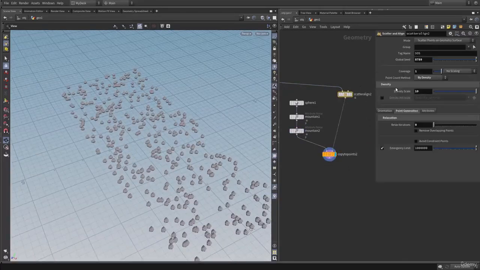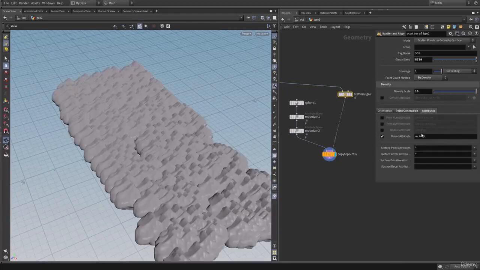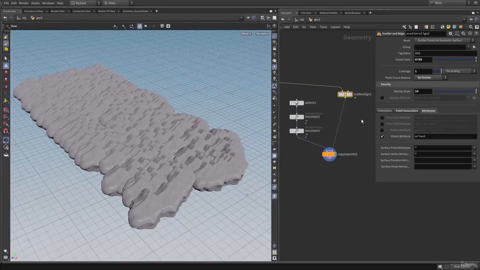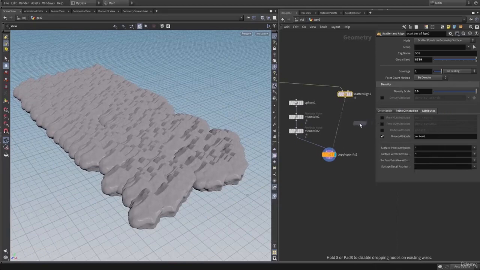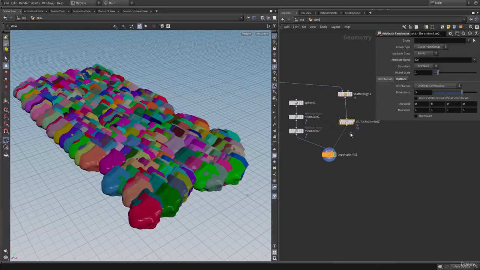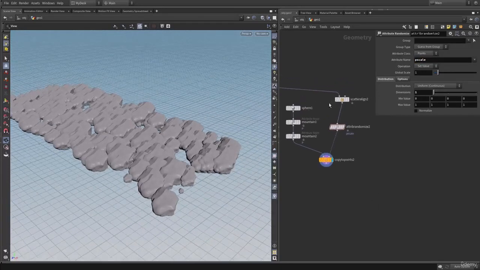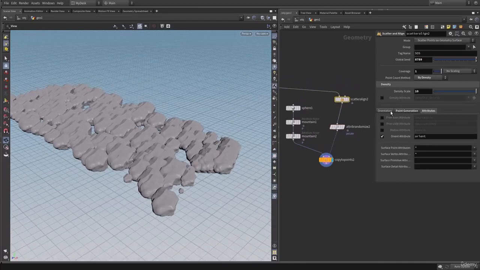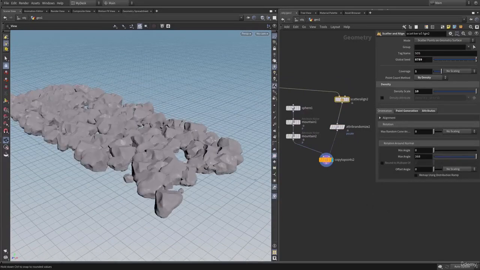So here onto the scatter and align, go into the attribute, and let's uncheck the p-scale attribute. We don't need that. So let's create an attribute randomize, and let's connect that, and here let's randomize our p-scale, and the dimension is 1. And here onto the scatter and align, let's go into the orientation, and let's change the max angle to 360 degrees,